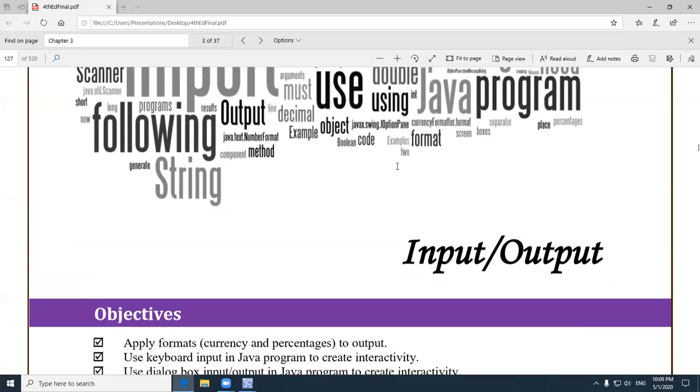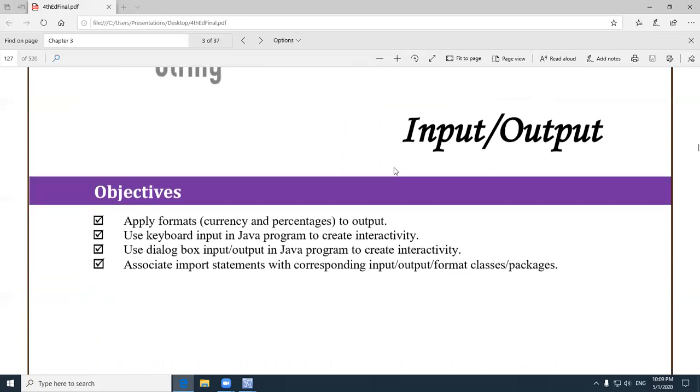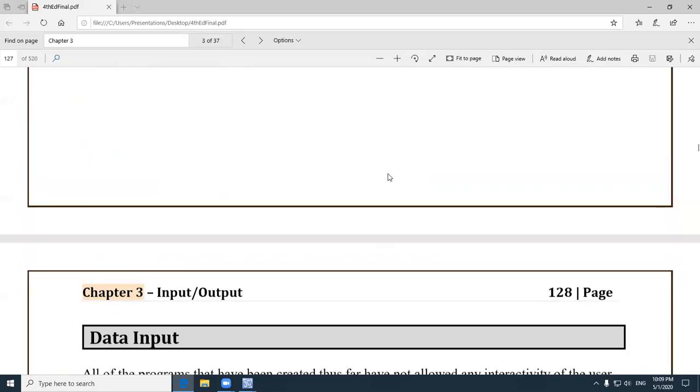It's chapter 3. It's called Input and Output, and so we'll talk about applying formats to our numbers. We'll also talk about getting input from the console window, referred to as the console input, as well as getting input from a dialog box, which some people refer to as GUI. We'll talk a lot about import statements, and when you talk about import statements, you're talking about getting a better understanding of the Java library and understanding what kind of classes are available for us to use. So we'll start off with